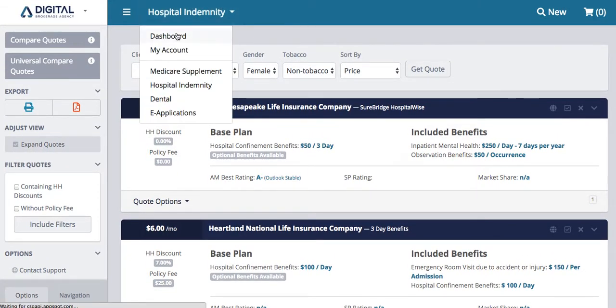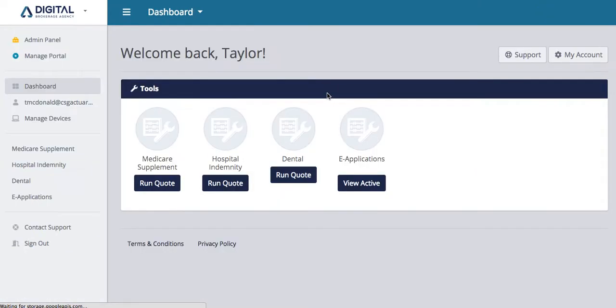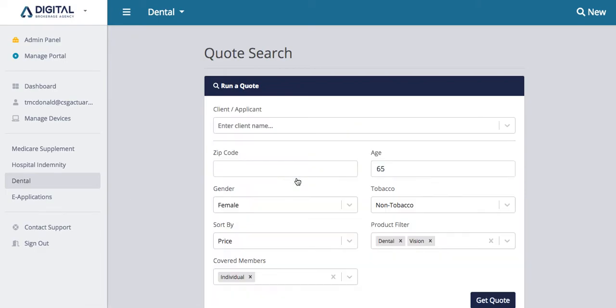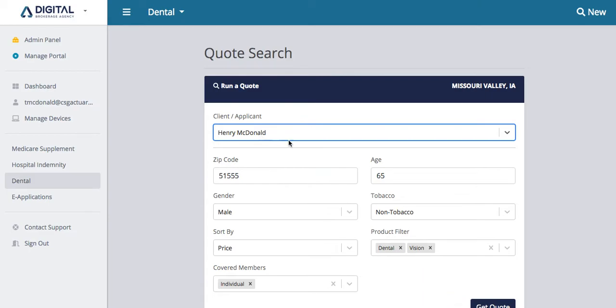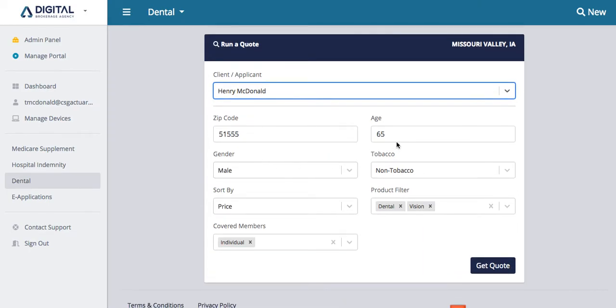And again, we can go back to the dashboard to switch our products. We'll go ahead and start a dental quote by clicking Run Quote underneath Dental. We can pull in a different client if we'd like. So if I click Henry McDonald, it's going to pull in the zip code, age, and gender of him, the